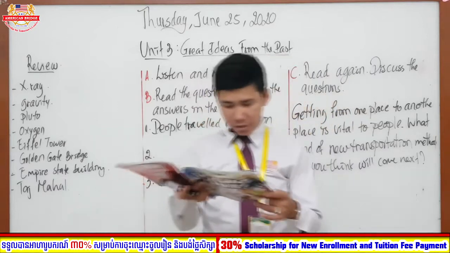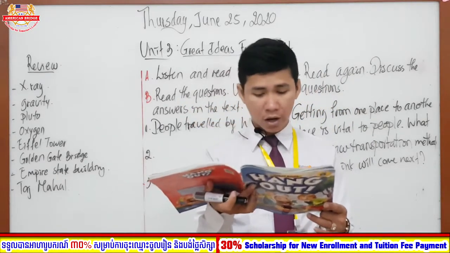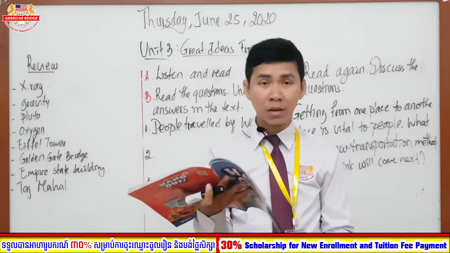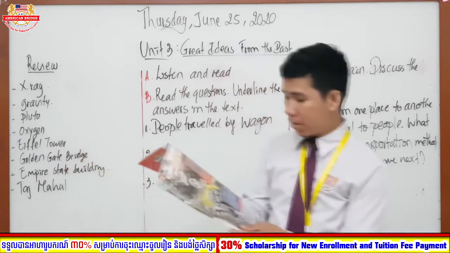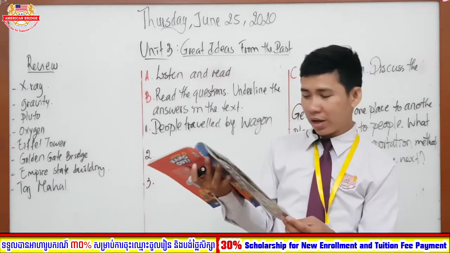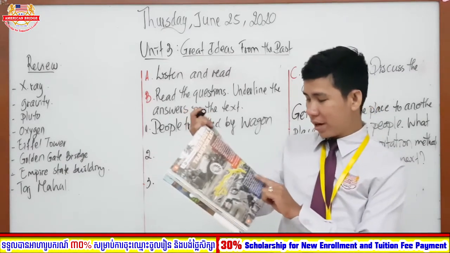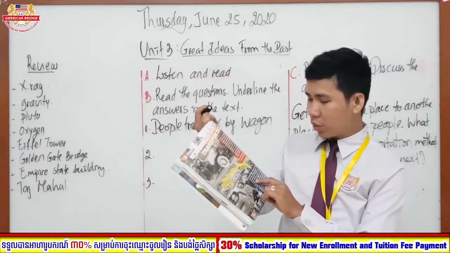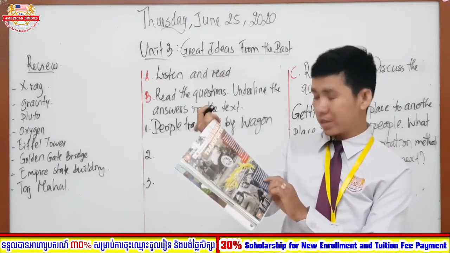Right, so the next question is, what is a different name for a car? What is the different name for a car? So in here it says that automobiles, commonly known as cars, are everywhere. In 1885, German-born Carl Benz made one of the first automobiles with an internal combustion engine.